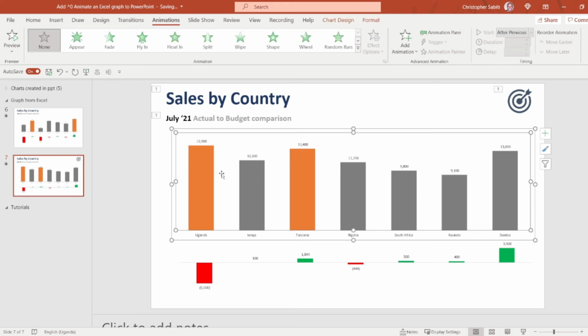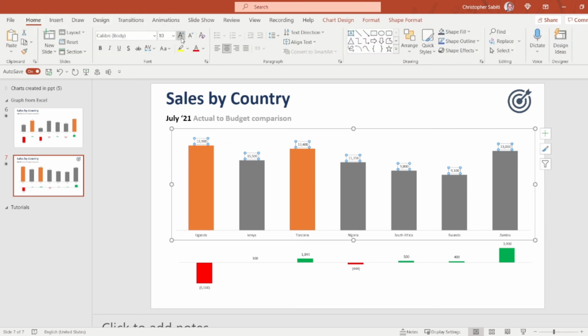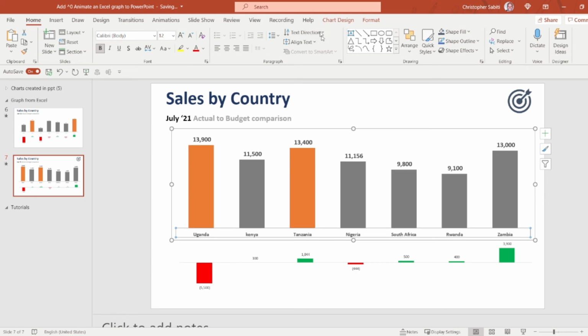Now we go to our chart, the first chart. The first thing is you have to make sure that you create visibility of some of the details to make sure that even backbenchers are able to read your data. Increase this font and bold them. You can increase to 14 and bold them. You do the same for your axis labels. Increase also to that and bold them. So you can increase the more.